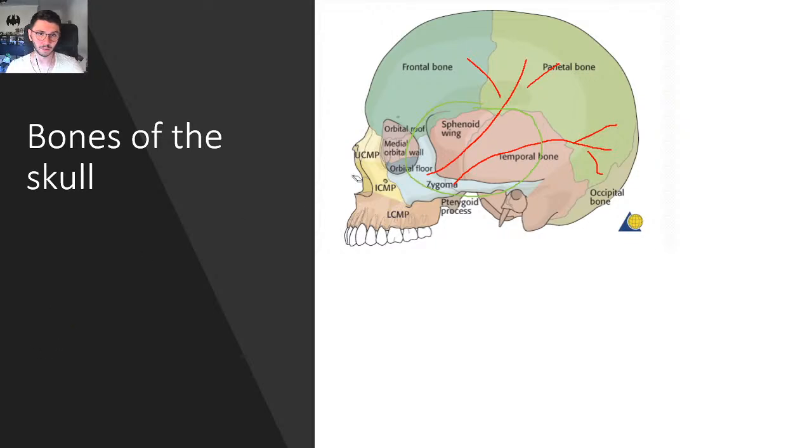I'll do that in a different color because that's not very visible. So this area here is a weak spot. This is the weakest part of the skull, and the reason is because all these areas here, that's where they fuse together. Now you have the anterior branch of the middle meningeal artery flowing right through there. Now if you have the weakest part of the skull next to an artery, you can imagine that if you get hit in the head quite hard, imagine trauma, like a baseball bat, if you're assaulted or if you fall, you can get a fracture here because it's the weakest part, and these bones here can cause an injury